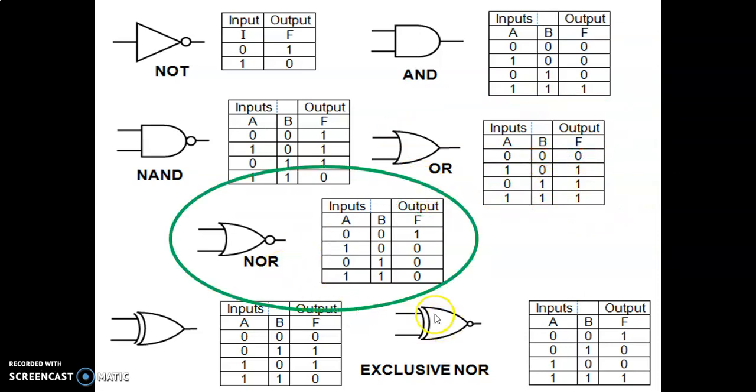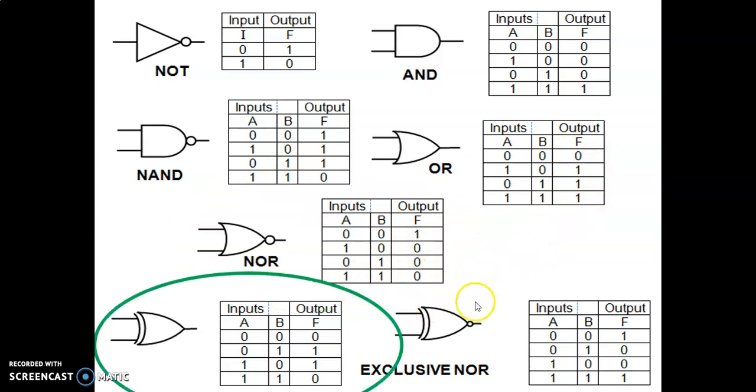In case of a NOR gate, all four combinations are once again listed here. It is the inverted form. It is the NOT of OR gate. It is the inverted form of OR gate. You see that the controlling input in the case of OR gate was a 1. The same goes for NOR gate, but the effect is opposite. Whenever you see a 1 in case of NOR gate, the output becomes a 0, as against 1 giving a 1 in case of OR gate. Therefore, when you look at the truth table, you see that it is a direct inverted form of OR gate. Correct?